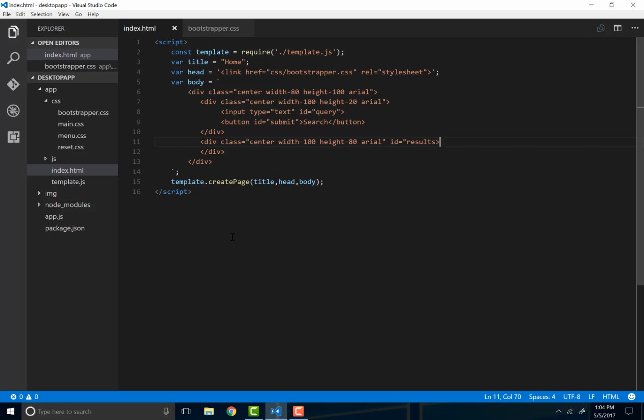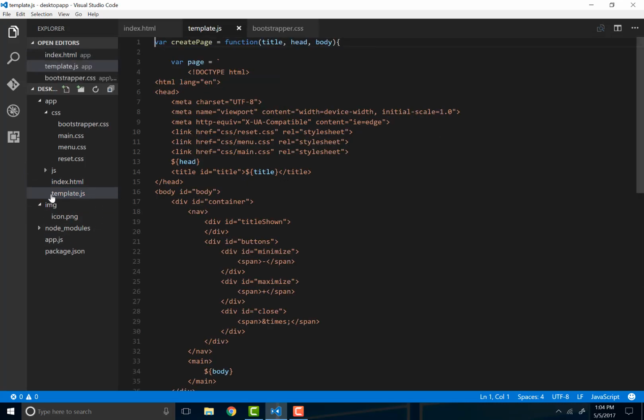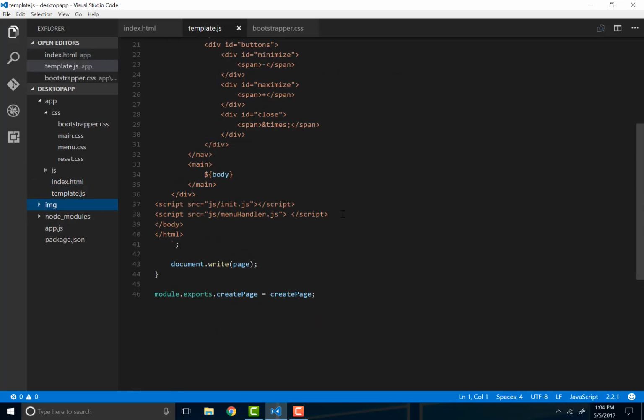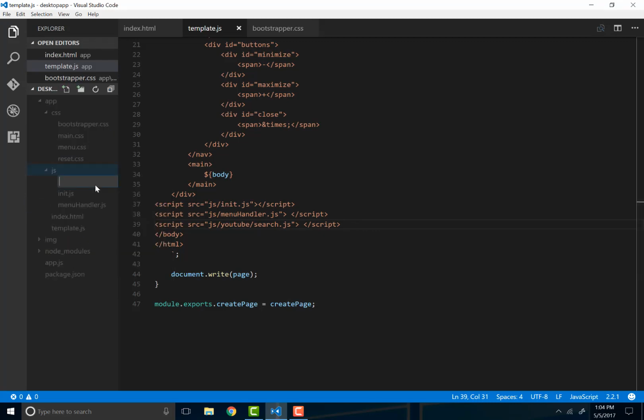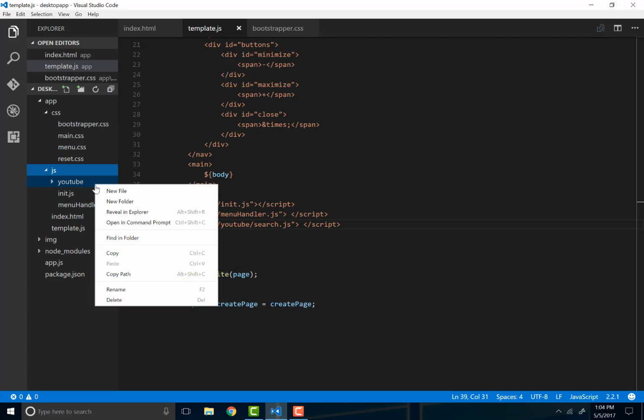Alright, so let's go ahead now, and I'm gonna go to our template, and I'm gonna add here the script that's gonna be responsible for searching and returning the results. So we're just gonna name this YouTube search and delete menu handler. Alright, so if we go here, JS, new folder, YouTube, and new file,